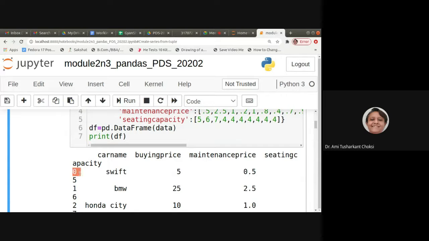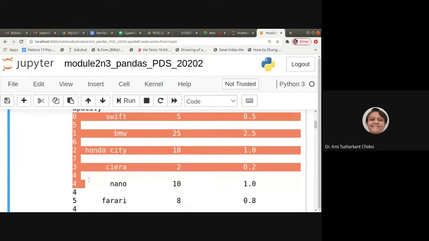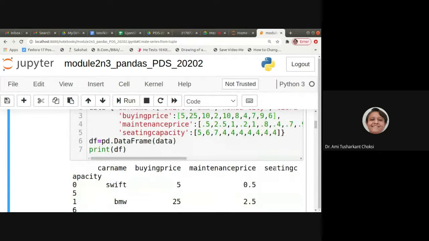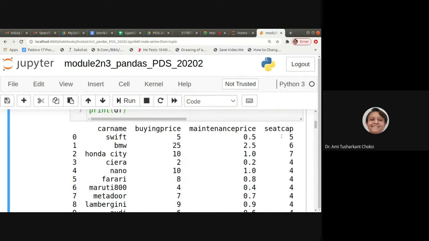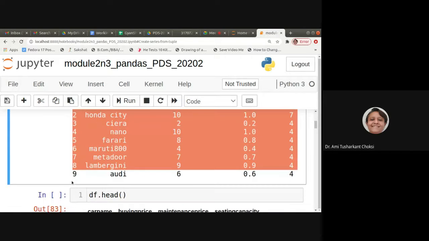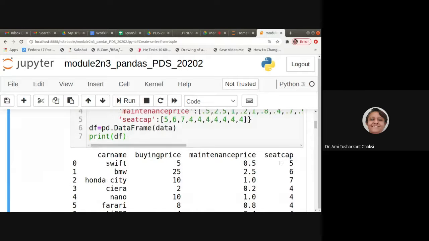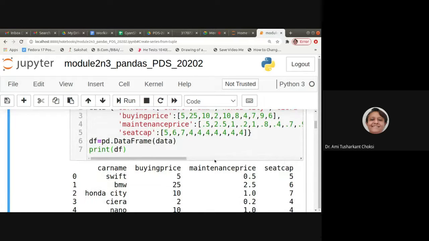Here we can see it as a 0, 5 and something like this. It is because this name is very big, isn't it? Let me reduce that. Say sit capacity. Let us put that this way, right? Cap, let me write. So if I run it this way, you can see the things properly. That is, this is the index given. And after that, we can say this is the seat capacity, right? But I'll not change the name because we may have used it in further examples. This is just to show you, right?